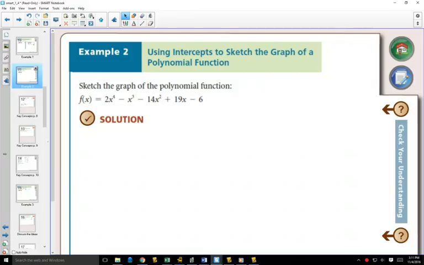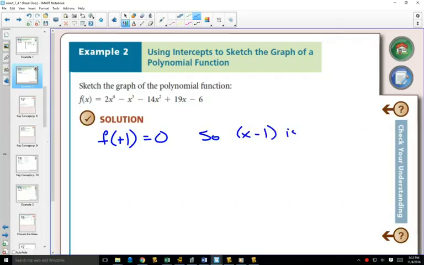You would have to look at that last number of -6 and figure out something that makes it equal to 0. Apparently, according to the solution there is right beside you, if you plugged in -1 and worked through the whole thing, no, if you plugged in +1, sorry, you'd get 2 minus 1 minus 14 plus 19 minus 6. It equals 0. That tells us that x minus 1